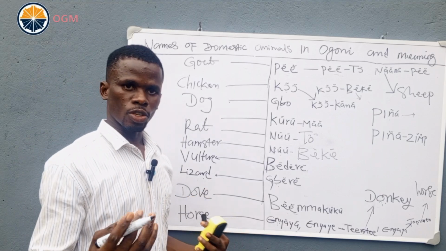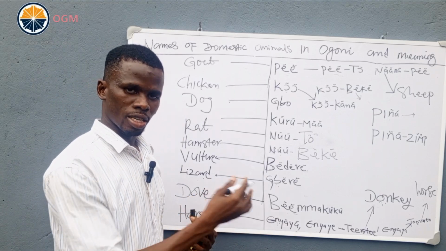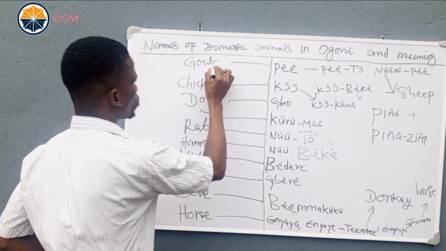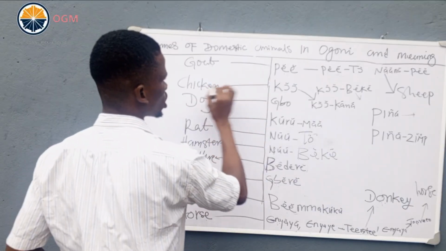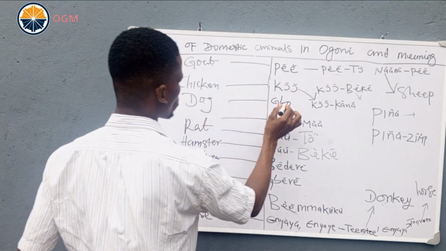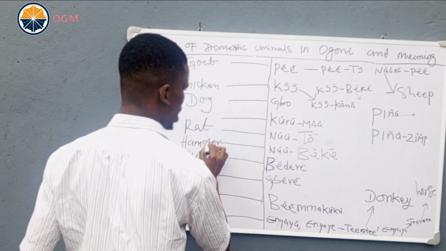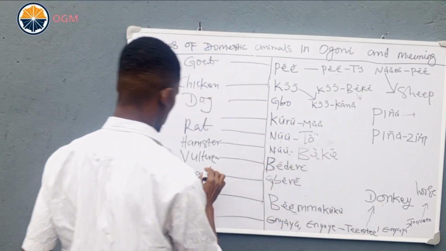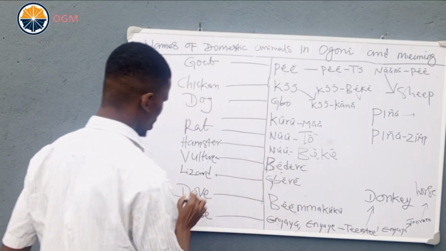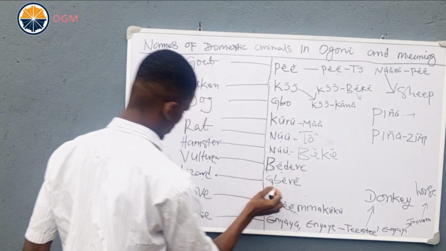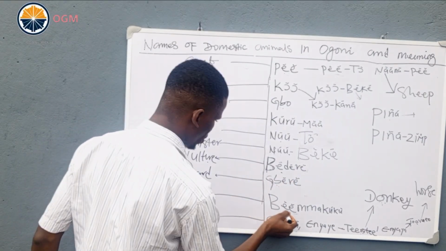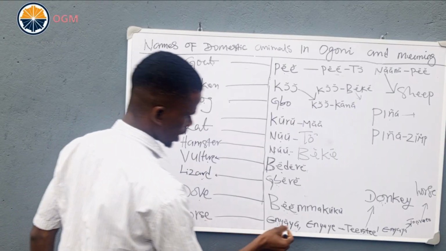If you don't understand, you can drop it at the comment section. I will still re-emphasize on it. Goat, pay, chicken, corn, dog, bo, rat, nu, hamster, nu beke, vulture, bedere, lizard, bere, dove, bemakuku, horse, enyanya,